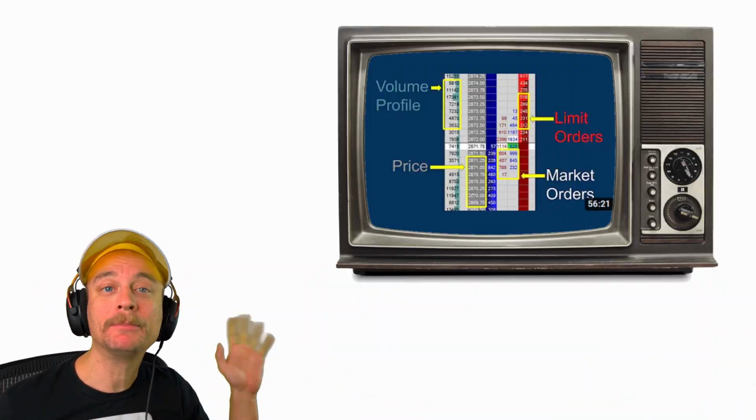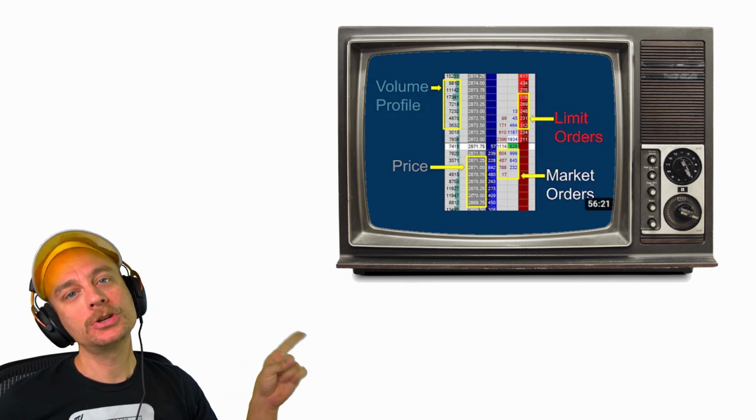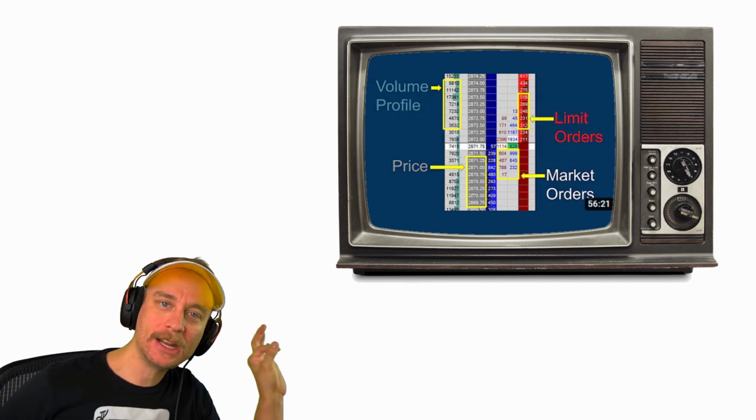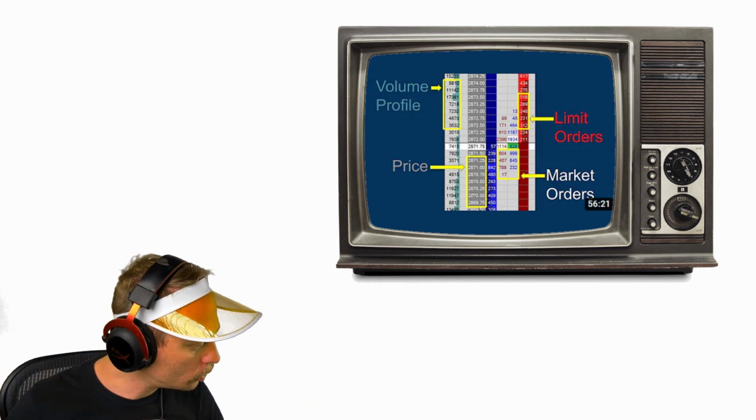I'm making it anyways. So, for those of you who've not watched my video, how to read a DOM, you don't know anything about the DOM, you should go watch it, because understanding the order flow on the DOM is going to be crucial for this video. You need to know a little thing or two about order flow because that's going to help us understand the options chain when we take a look at it. And I'm going to help you understand the basics of options and how they work, how they're different, how I use them. And this ain't like any other option video out there.